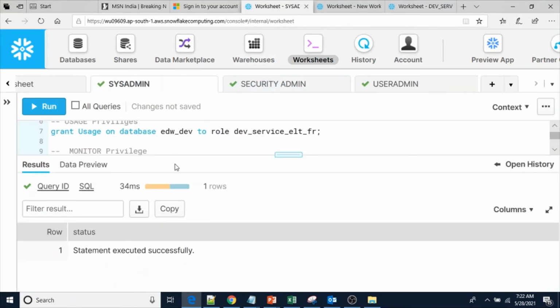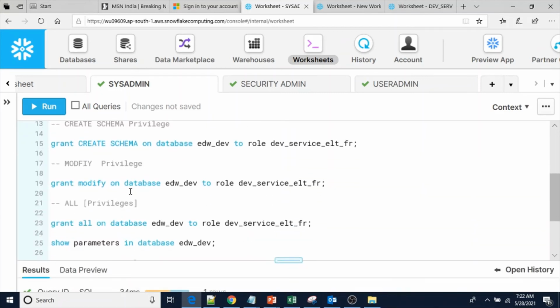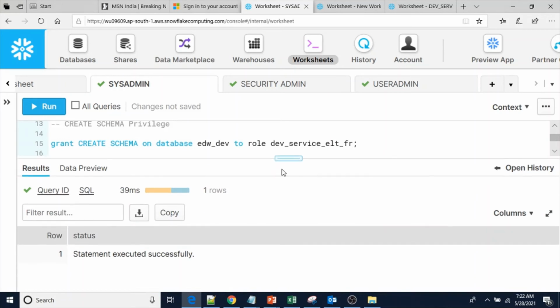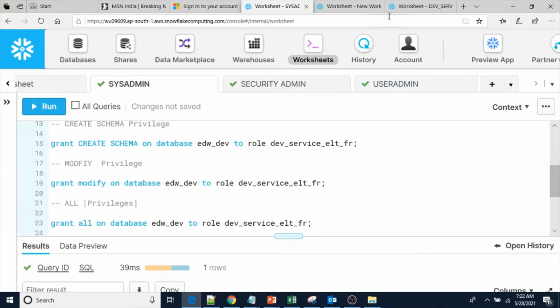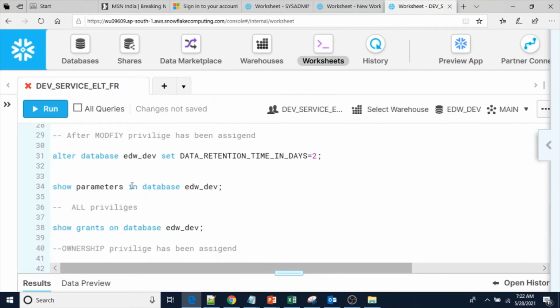Now let me go back to the sysadmin role. Grant modify on database EDW_dev to this role. Statement executed successfully. Now let me go back here. After the modify privilege has been assigned, now I'm going to change this one.